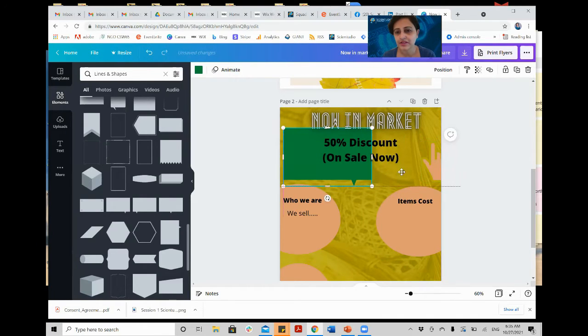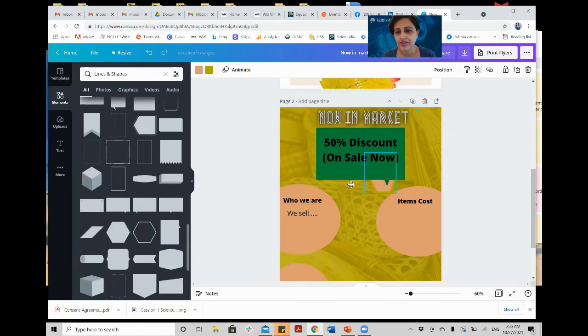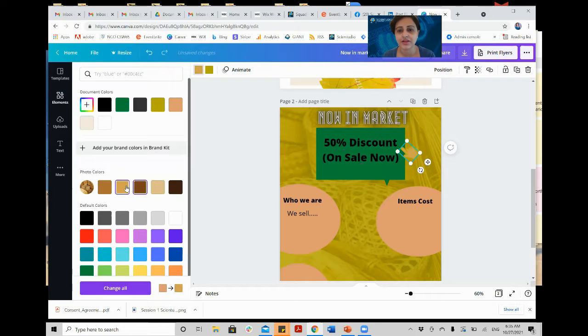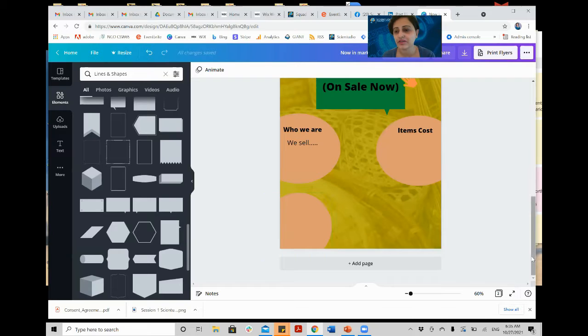So let's remove the hand. It's on sale. Let's make the heading a little bit smaller. Put it here. Make the hand Control X, V, and make the hand smaller so that people know that this is a sale going on. You can even rotate it. You see, I can even rotate the hand. You can even change the color of the hand. Let's make it brown, or light brown, whichever color you want, or you can choose just a neutral color. And then you can also put some other information, whichever you like.